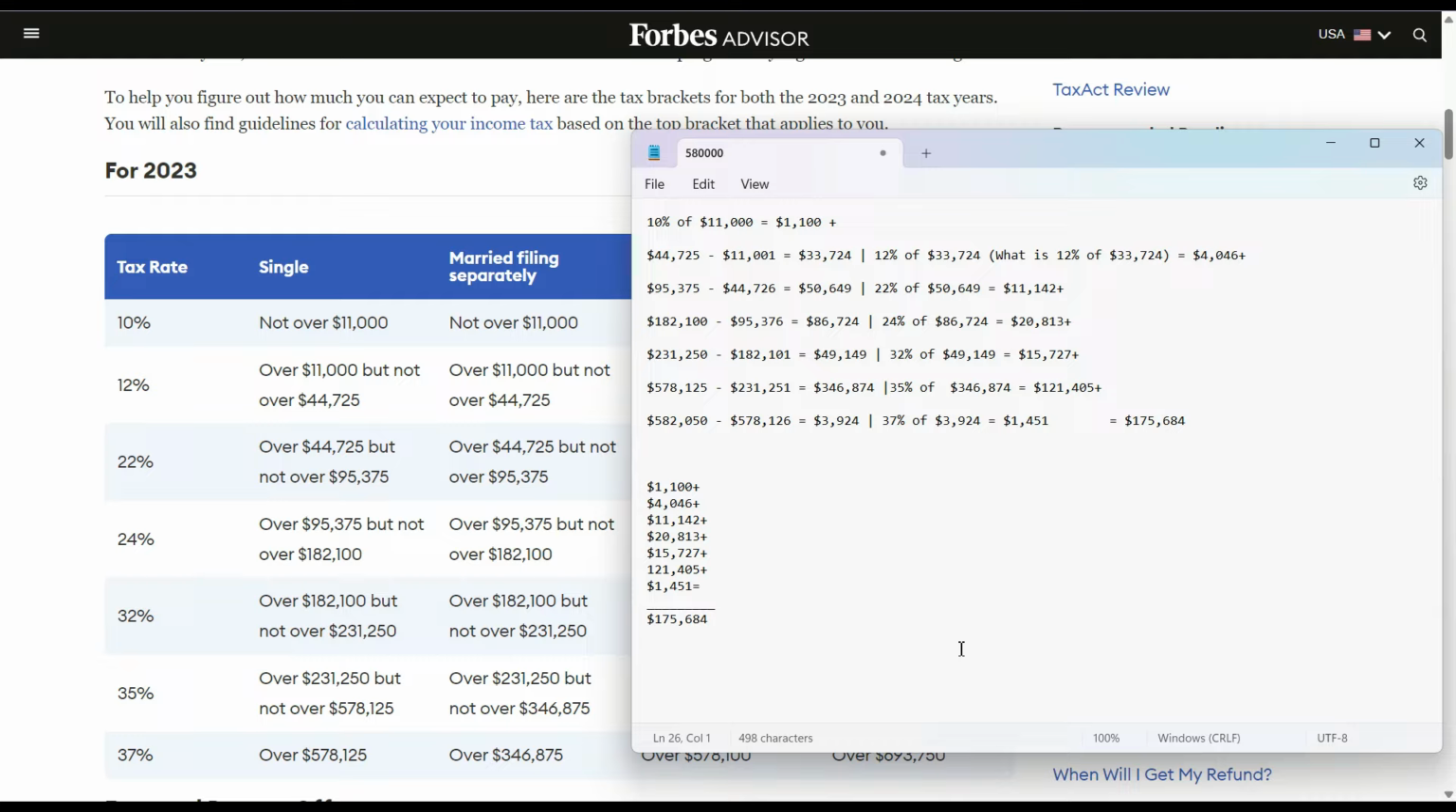because as you can see, it says over $182,100, but not if you made over $231,250. But for this example, I did do $582,050. Now see, my $582,050 fell into the 37% tax rate. So I did my number minus the $578,125. We just want to see how much I got paid that went over the